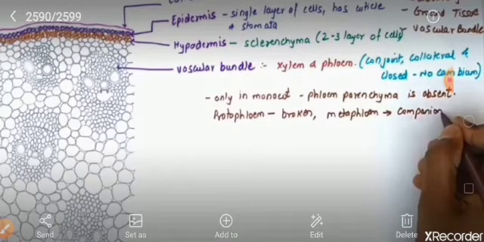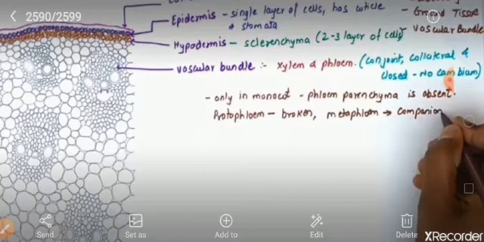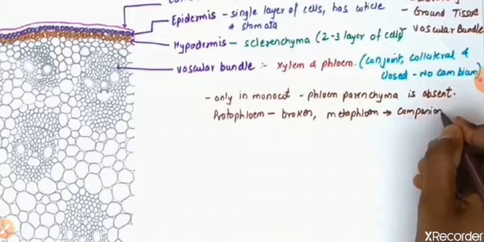Next comes the vascular bundle. You know that vascular bundle always contains vascular tissue, means it contains xylem and phloem. So here the vascular bundle is arranged in the form of conjoint, collateral, closed, and there is no cambium. So it is called closed. Here xylem and the phloem, you can see, are conjoint, they are joined together. So it is conjoint and collateral, arranged on the inner side and the outer side one above the other. So it is collateral and there is no cambium cell, so it is closed.